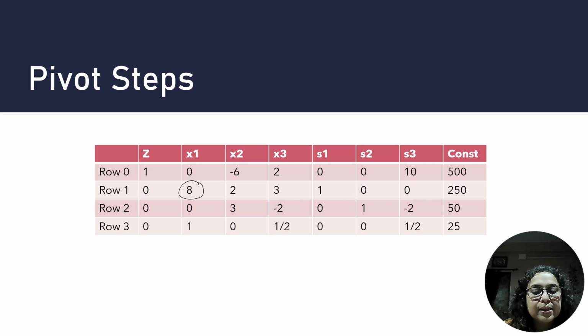We multiply this 1 with 8 and we deduct this from 8 and so we can get 0. So what is the step over here? So new row 1 will be the existing row 1 minus row 3 into